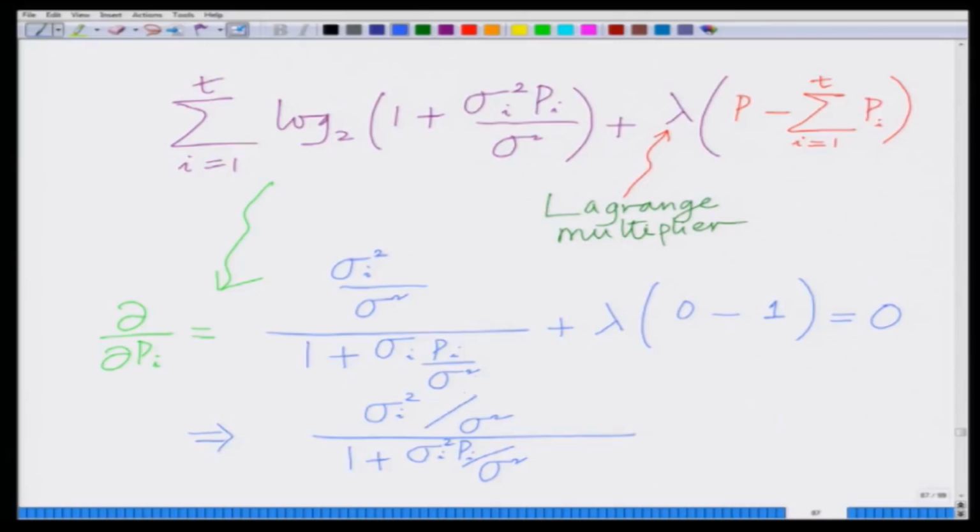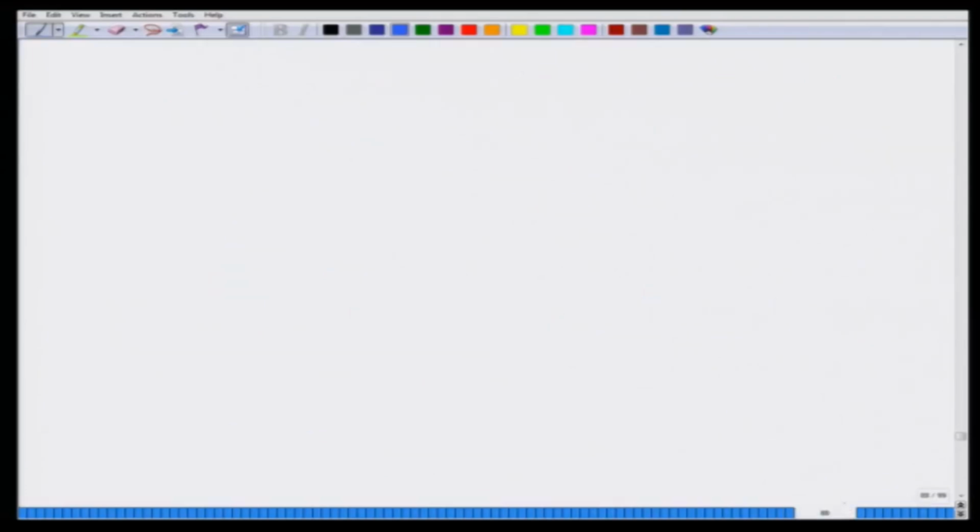So, I have sigma_i^2 divided by sigma^2 divided by 1 plus sigma_i^2 P_i divided by sigma^2 is equal to lambda. Therefore, let me rewrite this again. I have (sigma_i^2 / sigma^2) divided by (1 + sigma_i^2 P_i / sigma^2) is equal to lambda,